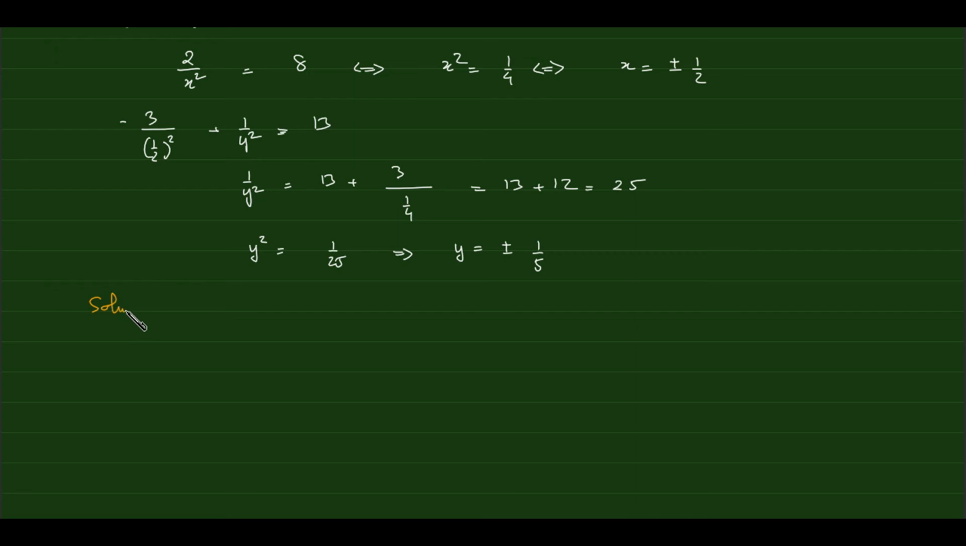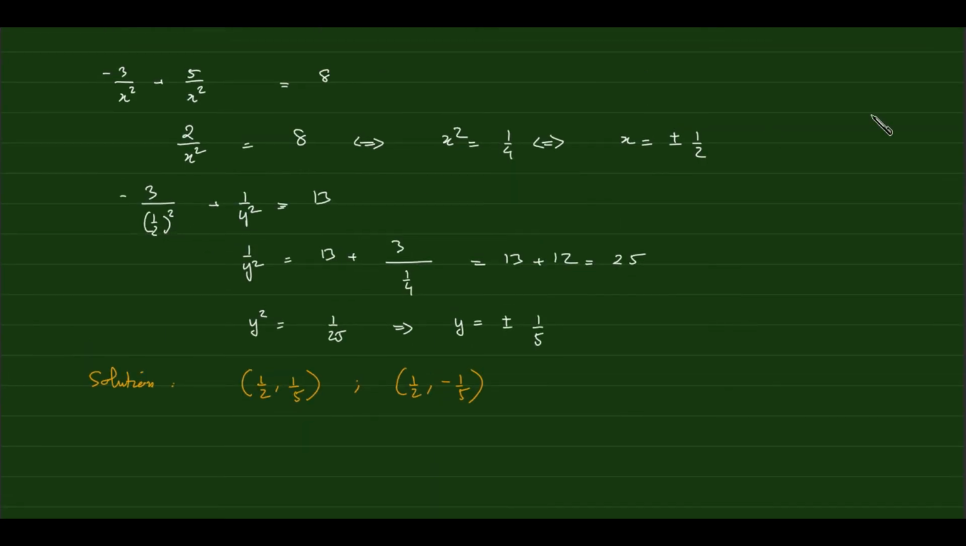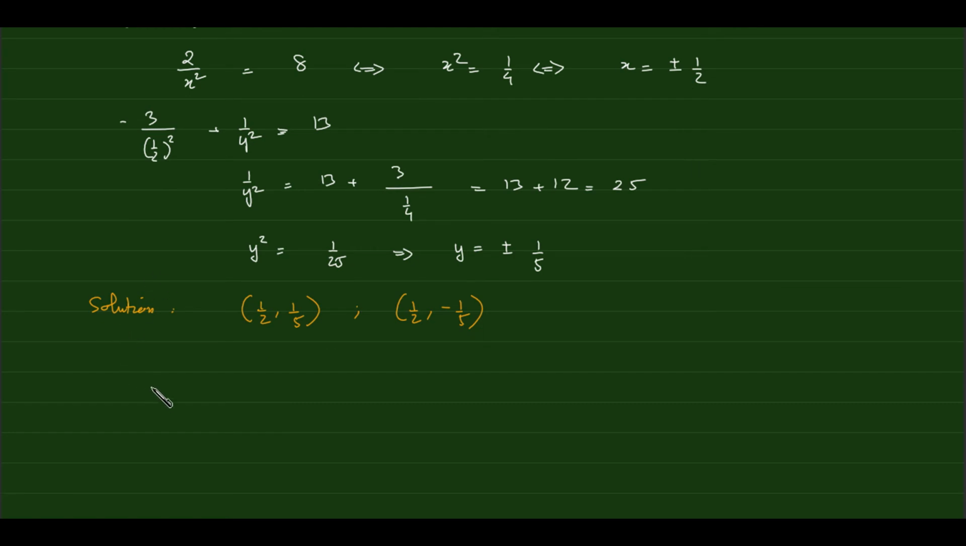Solution. The first ones will be a half and 1 over 5, and a half and negative 1 over 5. That's the first two. But that is just when we replace 1 half. What if I want to replace negative 1 half? If you replace negative 1 half, it gives you the same thing, right? Negative 1 half